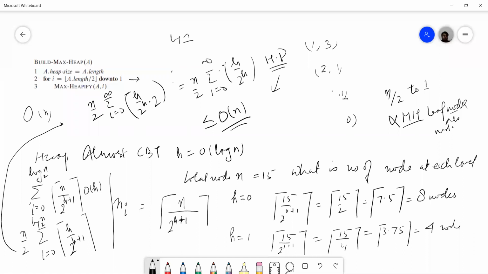So basically, the complexity of build max heap is order of n. Is this clear, class? See once again, the total number of nodes at every level is n upon 2 to the power h plus 1, and the total number of levels is h, that is the height of the tree. So this is the formula.